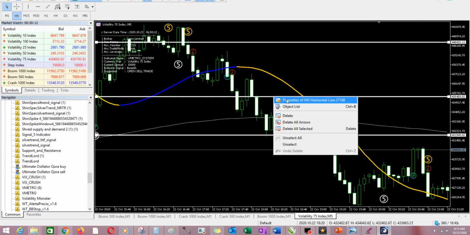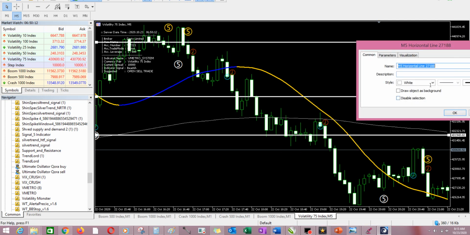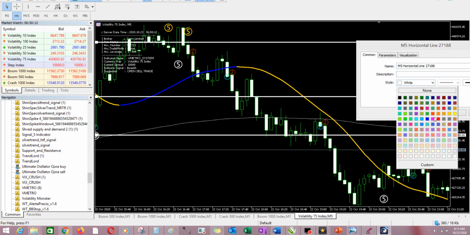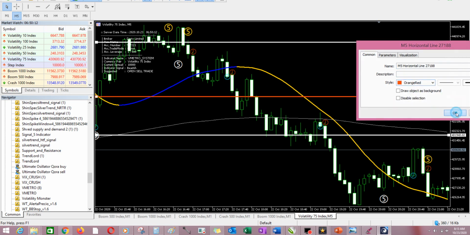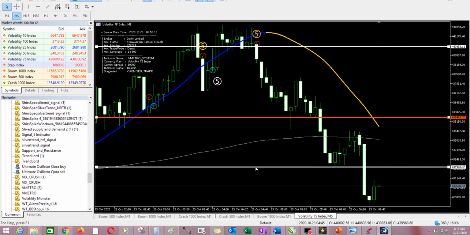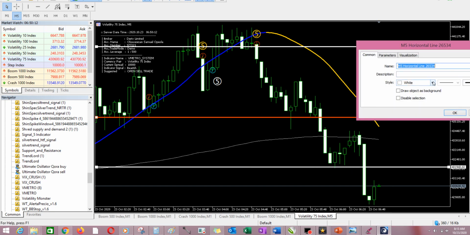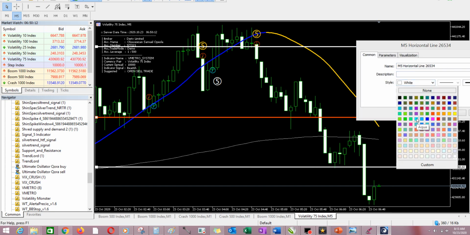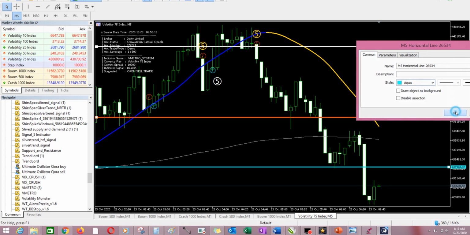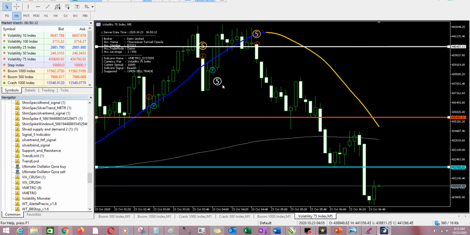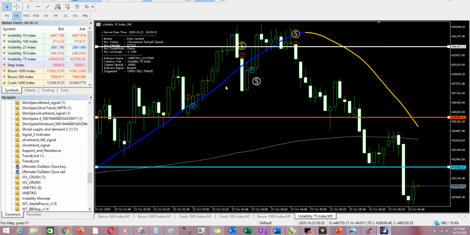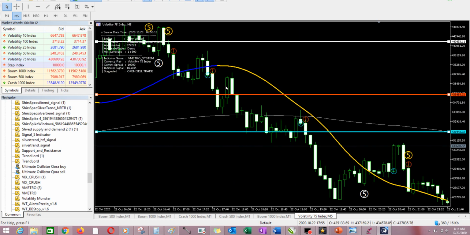Probably I should change the color of this so that we will be able to differentiate the stop loss from the entry point. Then also I will change the color of this to blue. Let me give it aqua blue. Okay, this is beautiful. So I can take it backward a bit to where we were before. Okay, this is it. This is our entry point, this is our stop loss, and this is our current action